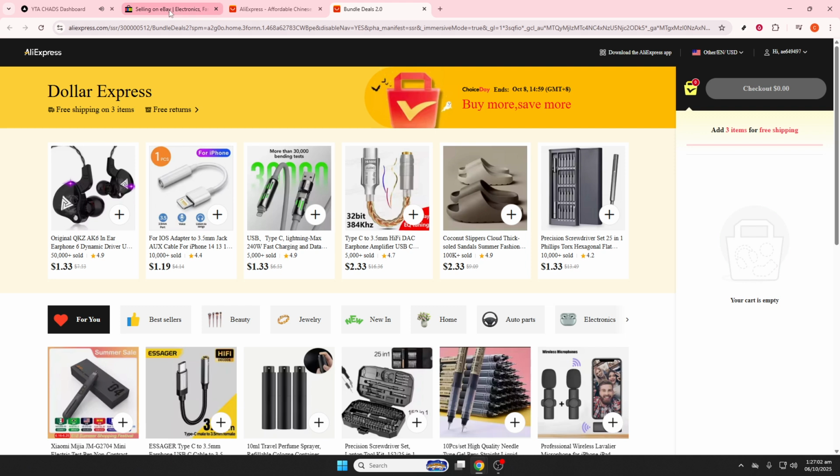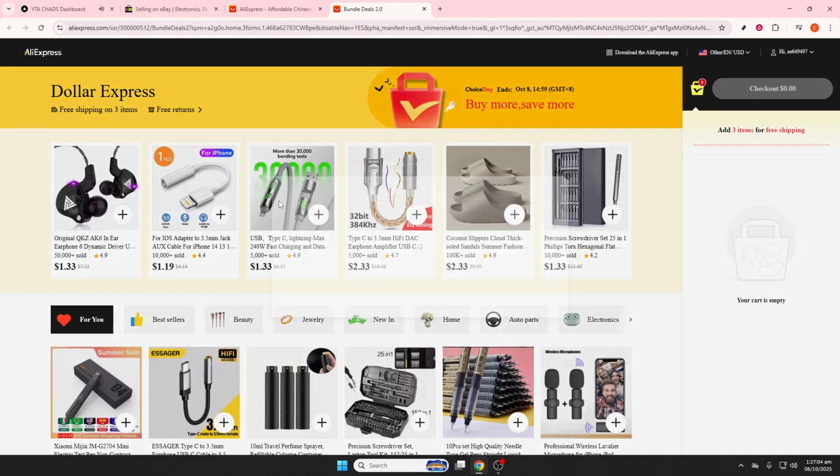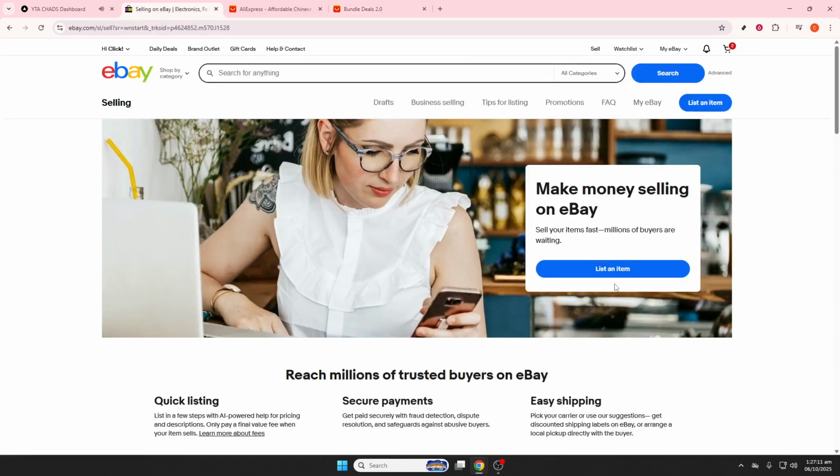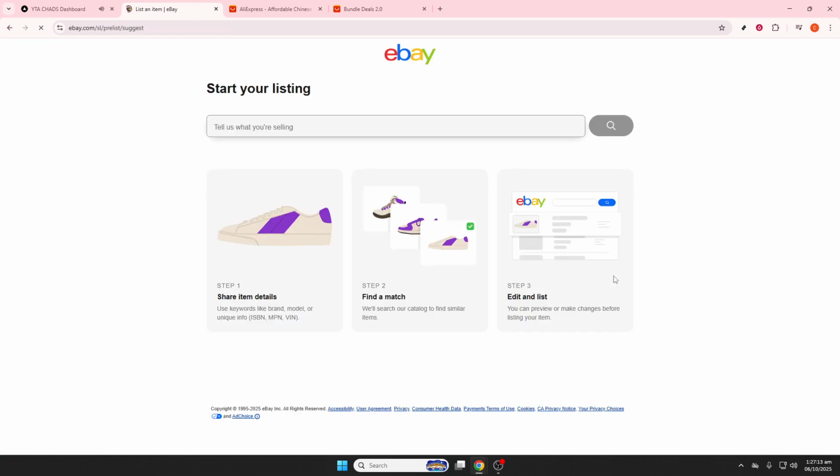Managing orders effectively is another critical step after a customer makes a purchase. You'll receive a notification in the Seller Hub, at which point you should place the order with your supplier and ensure they ship directly to the buyer. Don't forget to upload tracking information on eBay to keep your customers informed. Tools such as DSers, AutoDS, or CJdropshipping can further ease this task by automatically placing orders, syncing tracking numbers, and